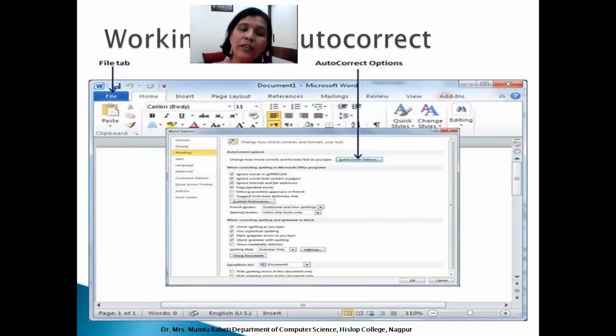Sometimes this autocorrect option can again be used as a powerful tool. Suppose I have a habit of writing acronyms, for example. Suppose I am working with automated teller machine everywhere, and I am at ease with writing ATM.